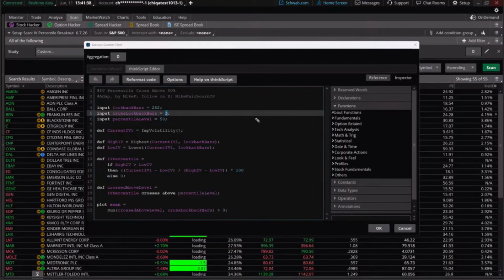3 bar look back. What does that mean? The 3 bar look back simply means this. Once we broke above the percentile level that's measured over the 1 year range, and I said 50, you can change it. You want to go to 75? Do it. Change it there. But I put in a look back. You can only have 1 bar if you want it to be current right now, but it happened within 3 bars.